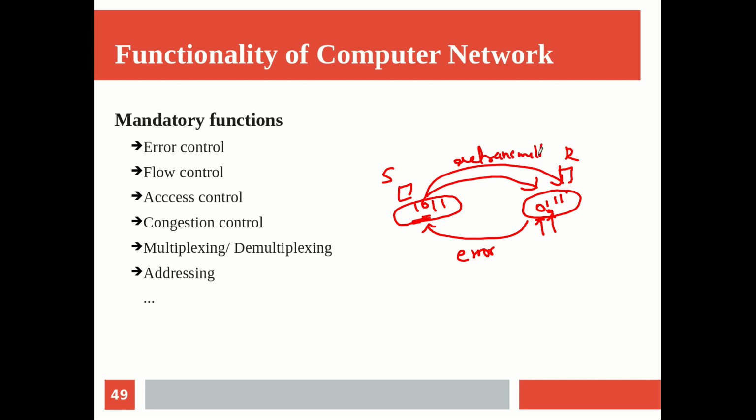Now, without informing the sender back, the receiver itself is sometimes capable of correcting the error, using some mechanism. If the receiver can correctly locate the position of the error, then since error means the signal changes, this bit should actually be 0, the other position is no problem, and this 0 has to be 1. In that way the receiver itself can correct the error. So that is the next concept, error detection and correction.